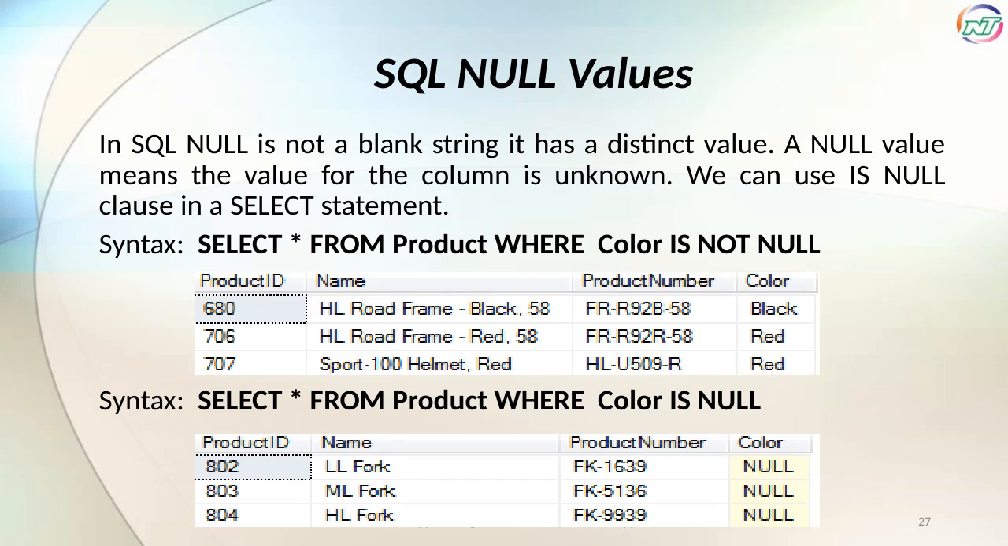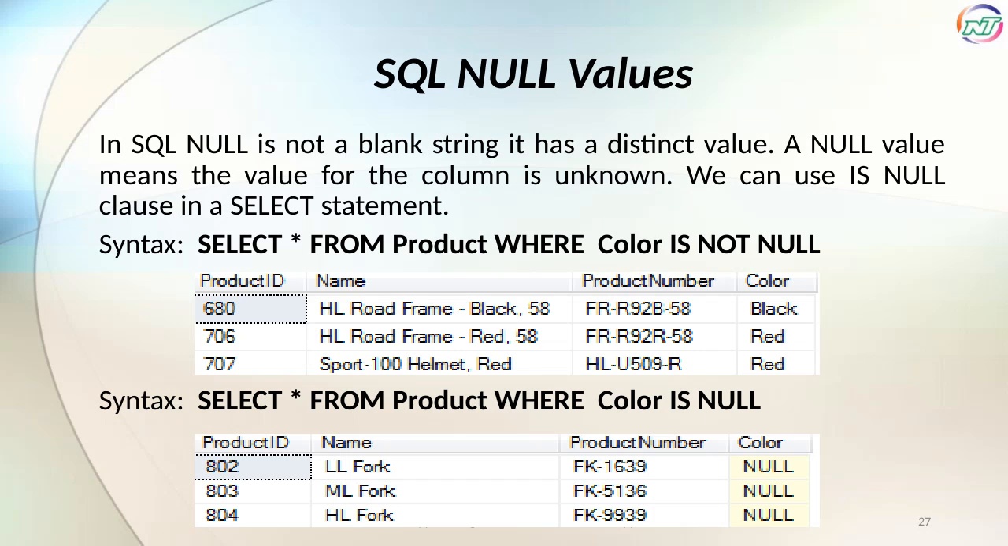In SQL, null is a special value that represents missing or unknown data, and it's important to understand that it's not the same as an empty string or zero. When you want to find rows where a column has no value, you use the IS NULL clause. For example, if you want to select products where the color information is missing, you would write SELECT * FROM product WHERE color IS NULL. On the other hand, if you want to find products that do have a color specified,